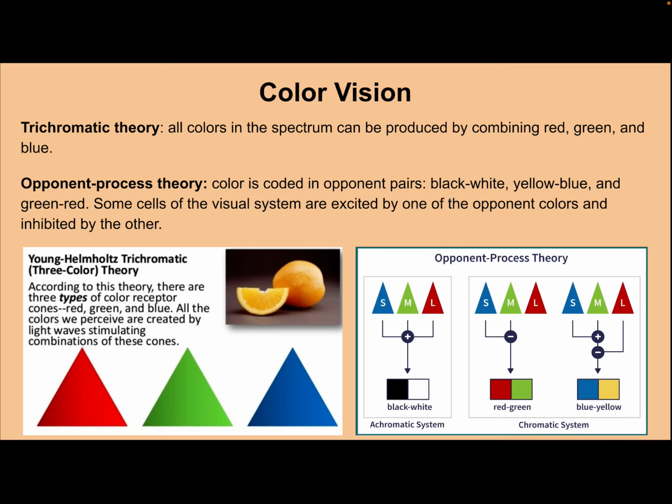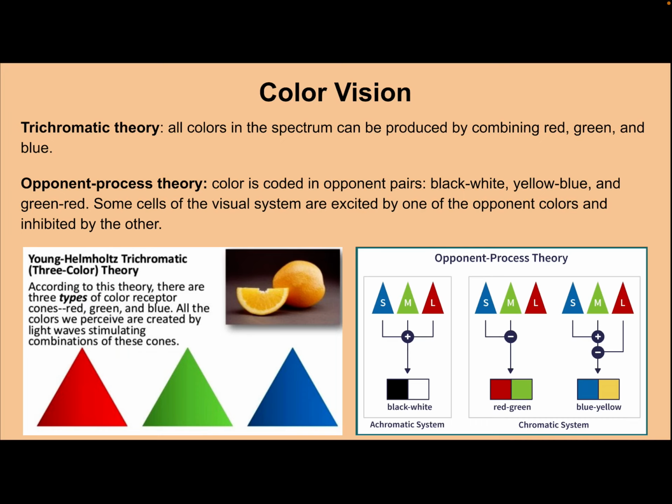world. And the trichromatic theory of color vision tells us that there are three types of color receptor cones. Remember, the cones help us see color and the rods help us see in darkness. There's specialized cones to see red, specialized cones that see green, and specialized cones that see blue, and that all the colors we perceive can be created by combining the light that hits these cones. And while this is true, we also have found that